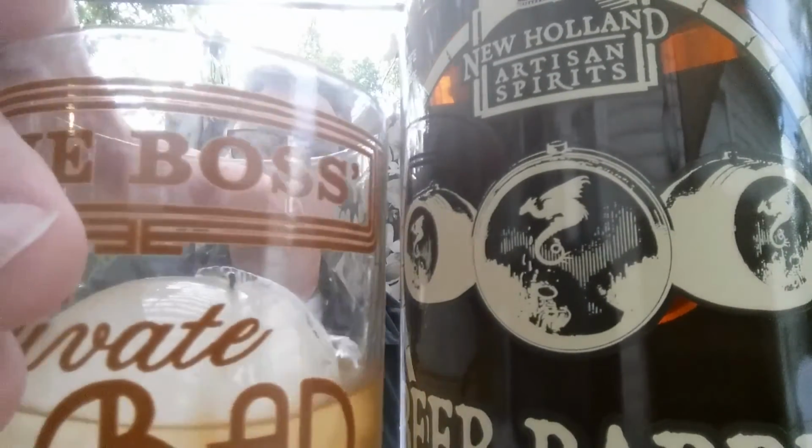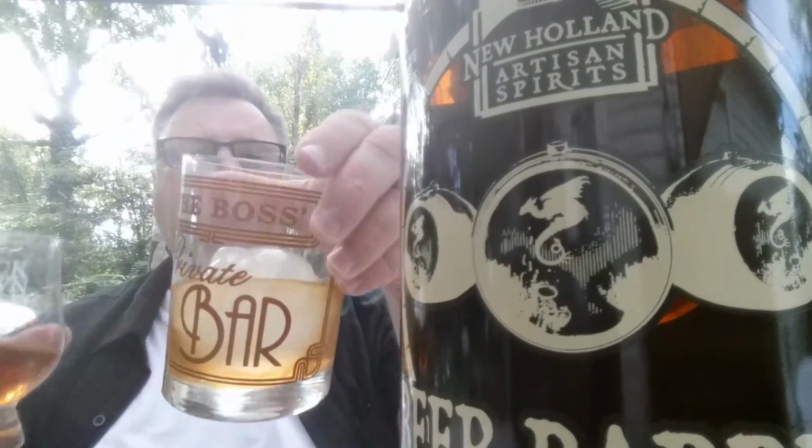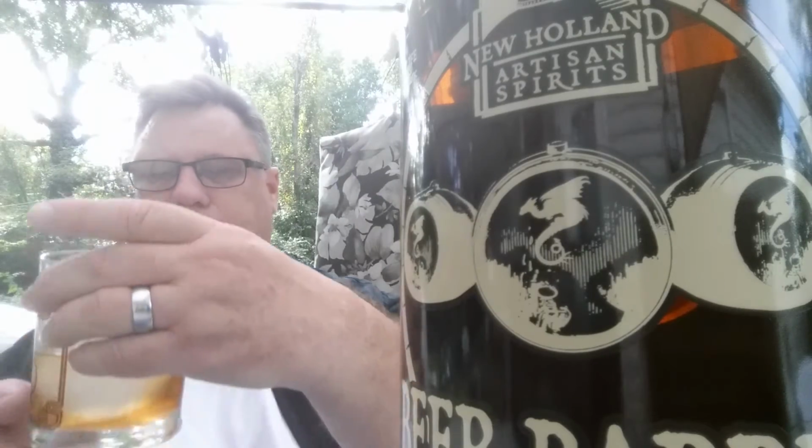I poured some on the rocks, as you can see there. I also poured some neat. I got about 1.5 ounces here. I got a full double shot on the rocks. I got a floaty in there, darn it. Darn bugs. I'll get you, you little bastard. You can't drink much, huh? Anyway,